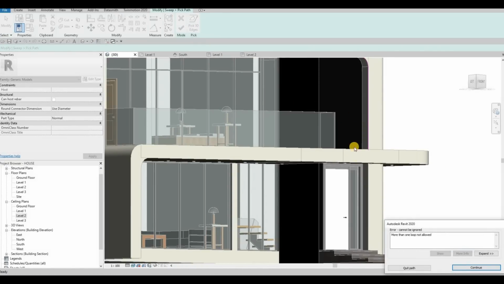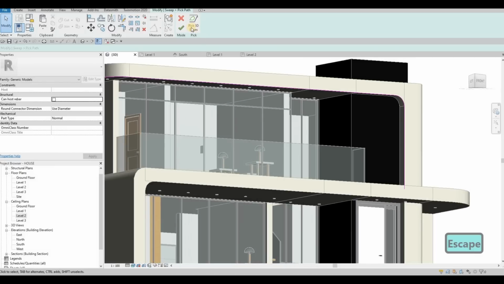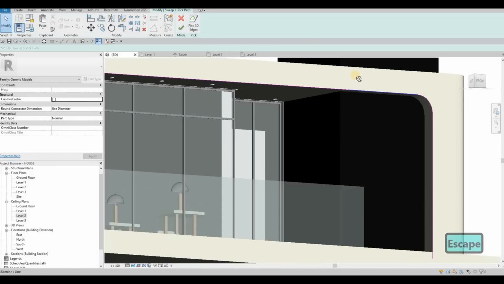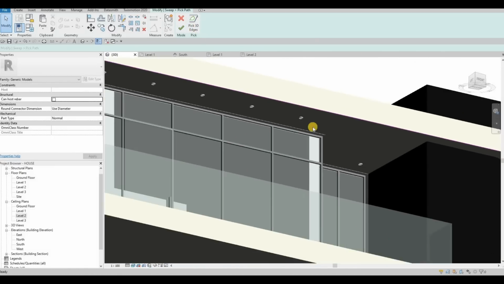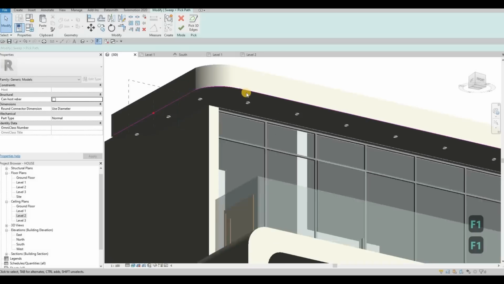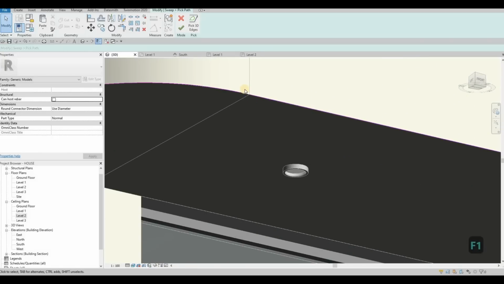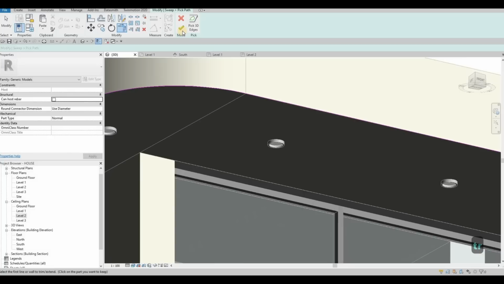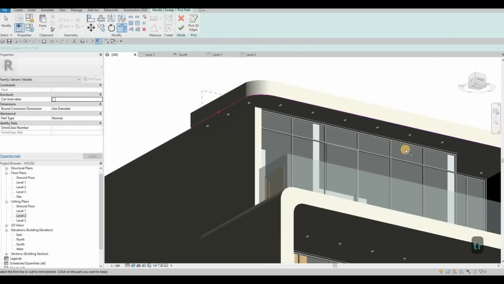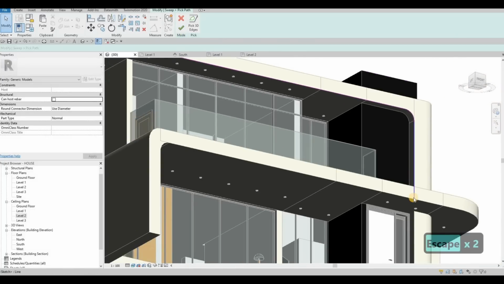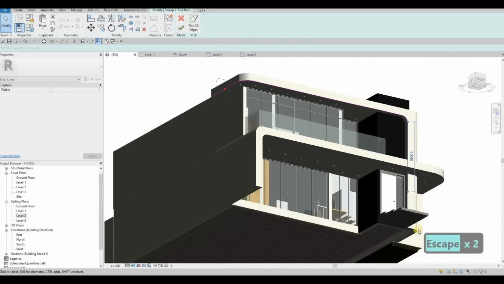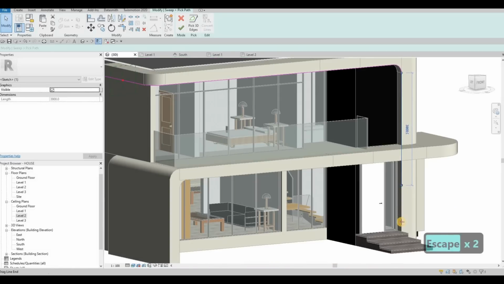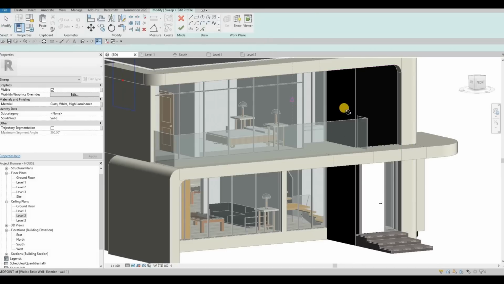Click finish. We need to check which one is... I think this one needs to be fixed, so I'm going to trim and extend, and then maybe I'm going to extend this one all the way down. And then click finish, edit profile,